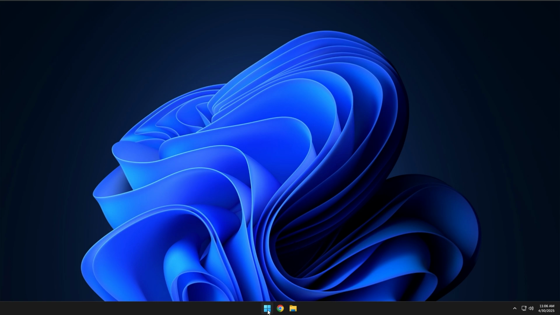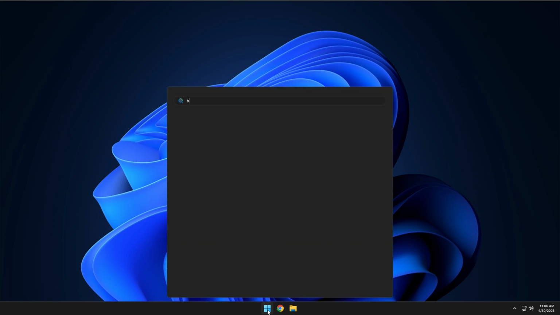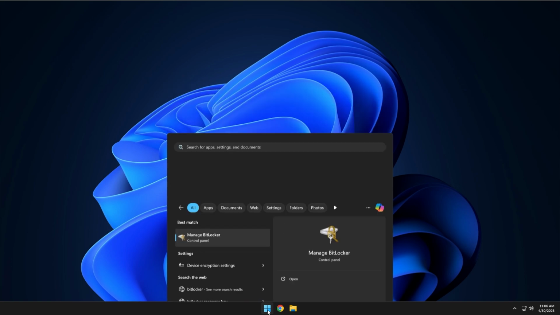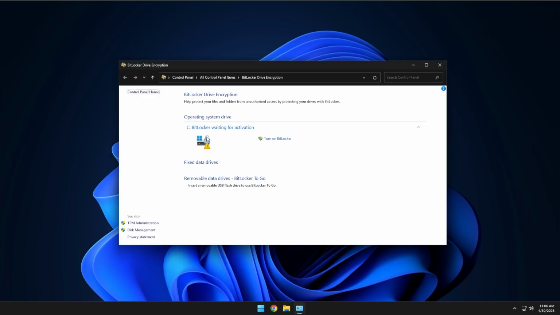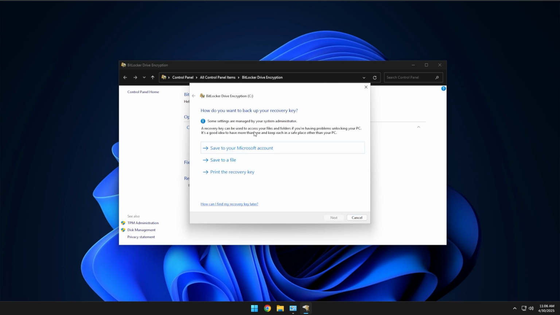So to start off, we'll come down to the Start menu, hit Start, and let's type in BitLocker. We'll get the Manage BitLocker option. We can go ahead and turn on BitLocker. And then to enable